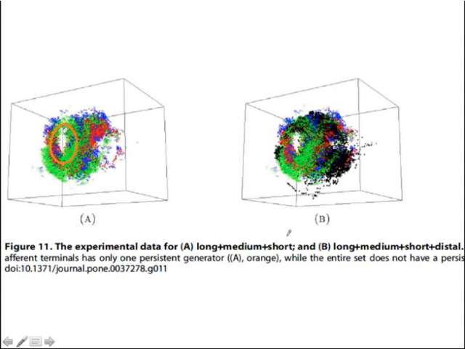But here is long, medium, plus short for proximal. So on the left is all the proximal. And remember, in the proximal data, we had exactly 1 cycle left once we combine. And you can see that cycle pretty clearly. It's kind of nice to see this cycle. You can kind of see a solid torus in here, and a solid torus might be nice because with this color coding, if we do see this sort of torus, maybe that relates to,